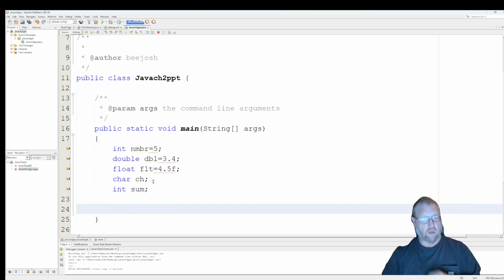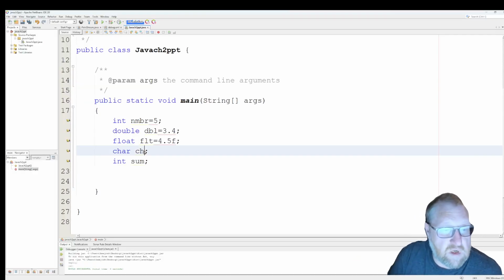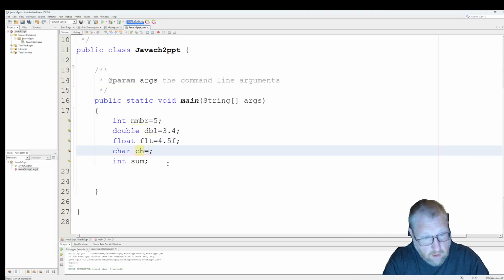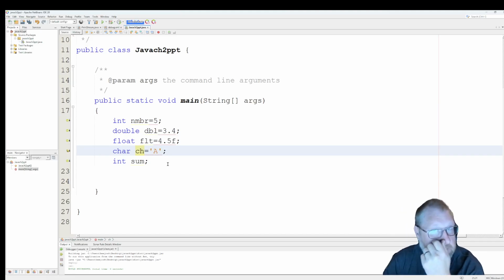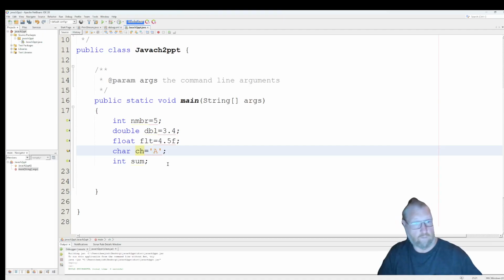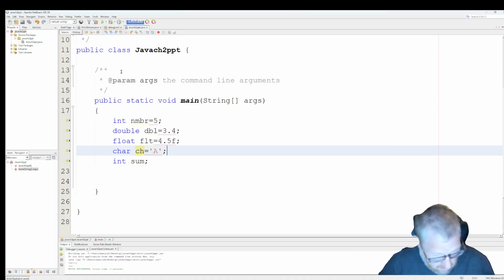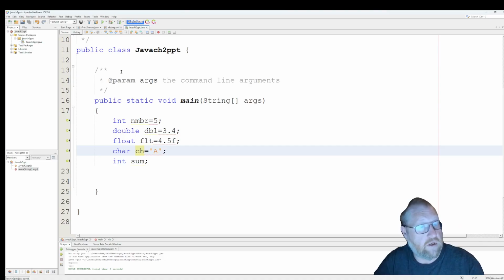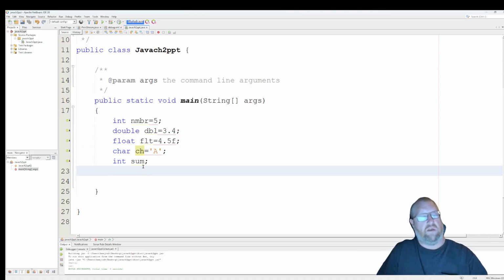Okay, now this is going to be a mixed expression. Now you notice how I use single quotes there for char. And let's do this. Let's say that sum is equal to